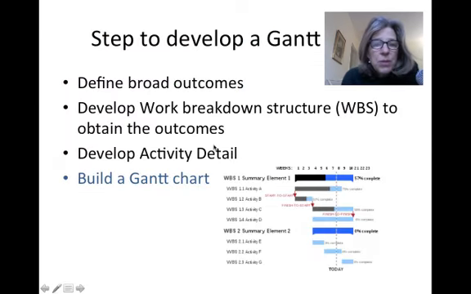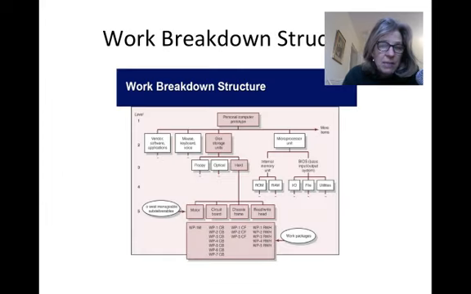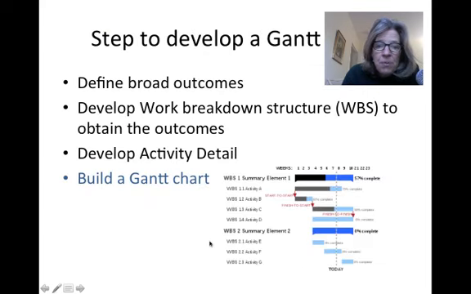So that kind of brings you then, once you've done this for every single work package or activity detail, everything at the lowest level here, once you've done that, then you can actually start to build a Gantt chart. And we will look at that